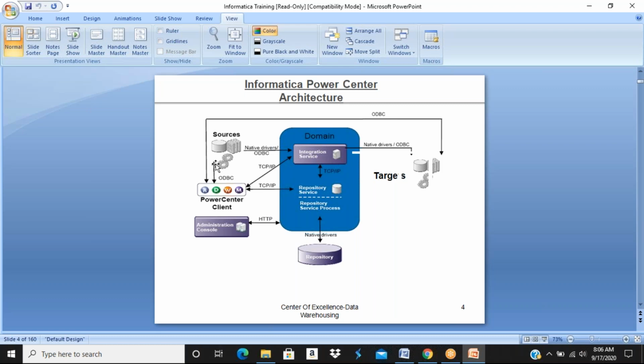So whenever you develop something in the client components and click Control S, what happens? Servers always execute in the backend, right? So what happens in the backend? A repository server connects to the repository database using repository service processes, which check the validation: which user is trying to save the code, whether that user has save privilege, and whether the user is saving valid code, etc. So the repository server has a process called the repository service process. You can call it an agent, which checks the validations and saves the code in the repository database.